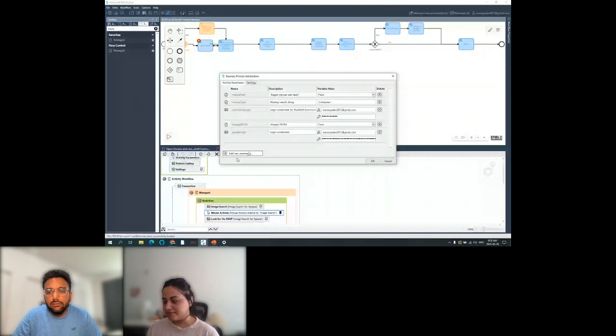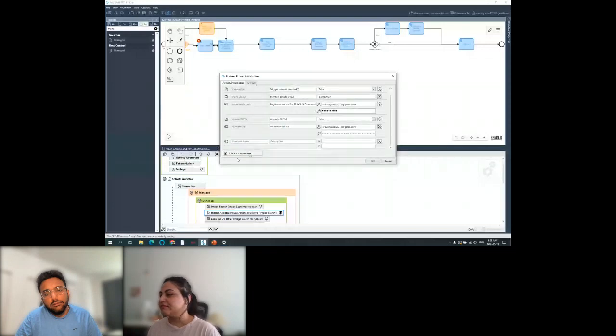For example, if your manual process requires some credentials, then you can make use of this. If you click on here, okay, for example, if you have AWS credentials, you can use that. You can add coordinates, you can add anything here, okay. So here the sign itself, you can see this particular symbol. I know that it is very small, but maybe under coordinates or somewhere it is, okay.